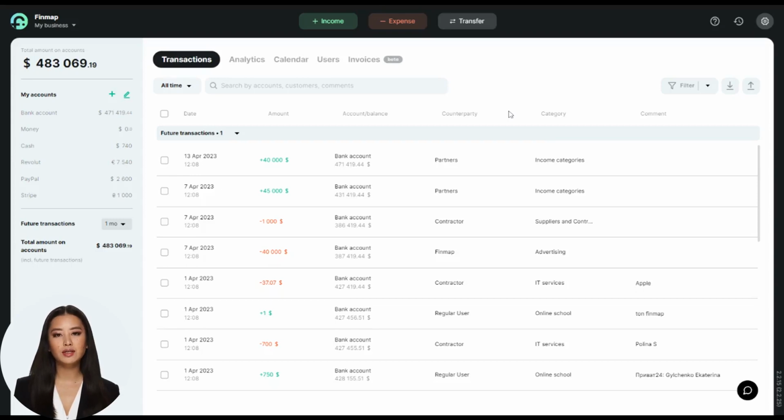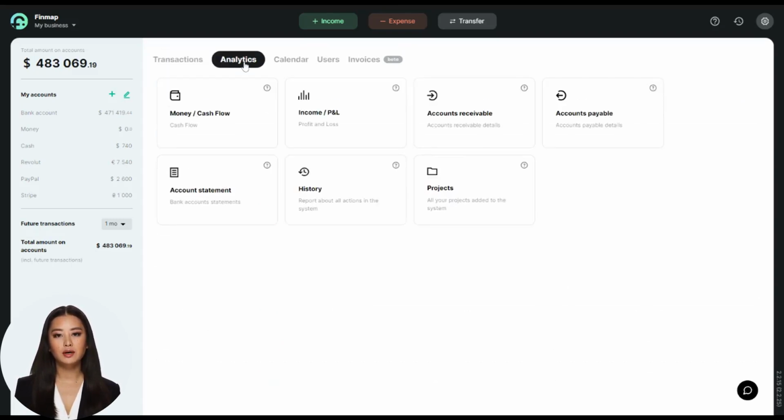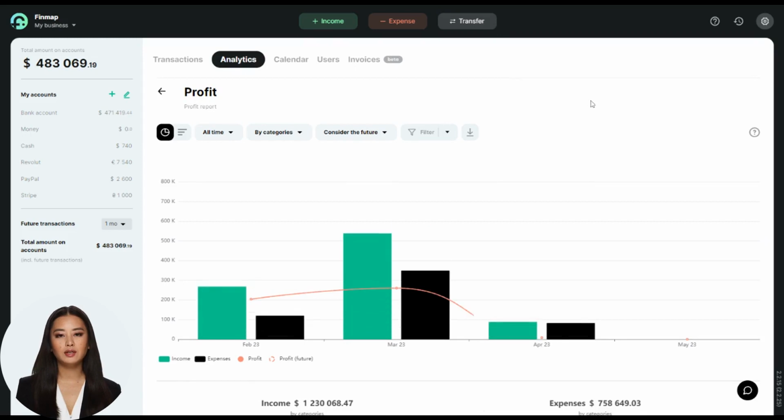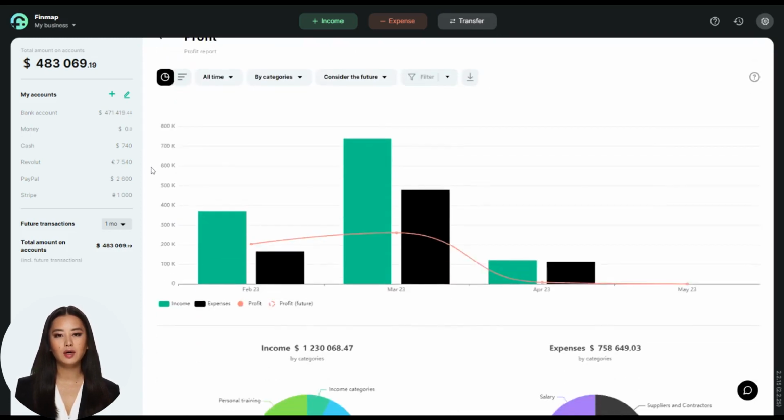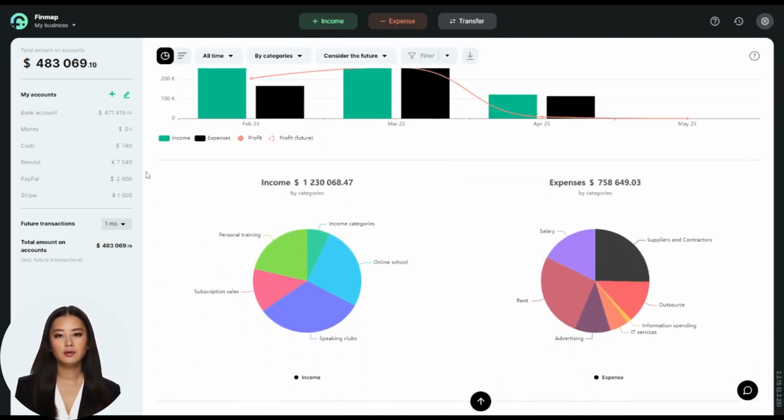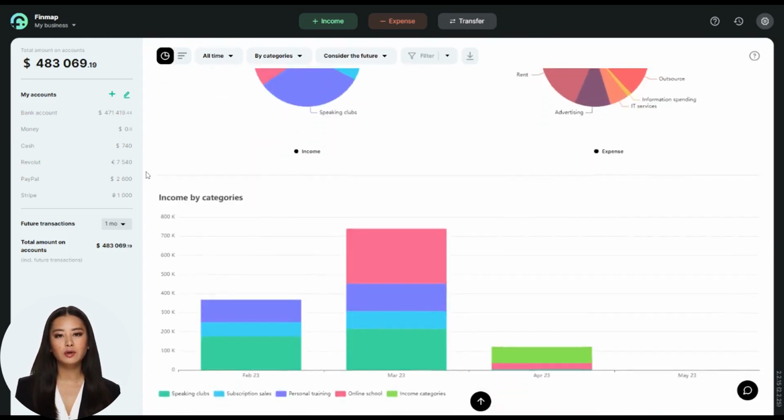If you previously maintained your business financial records using Excel spreadsheets, we are pleased to present our solution that can help you to optimize your time. Finmap enables you to transfer your Excel data to the Finmap tool quickly and effortlessly. Our solution ensures you don't lose any data in the transfer process. Finmap presents financial reports in an easy-to-understand way, in visually appealing charts and graphs, rather than extensive tables of confusing